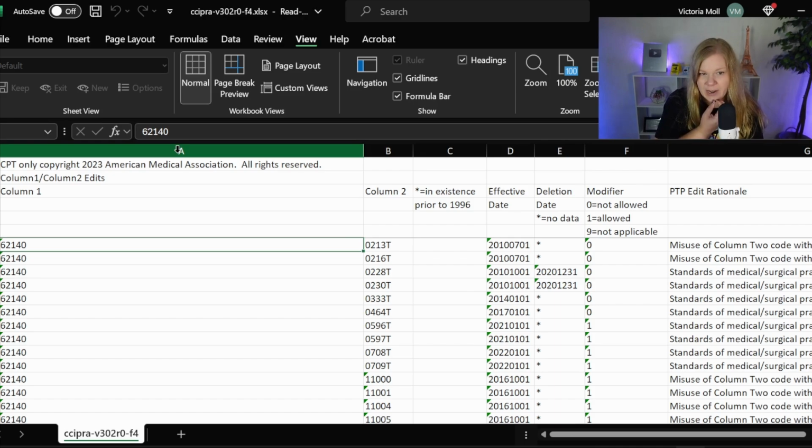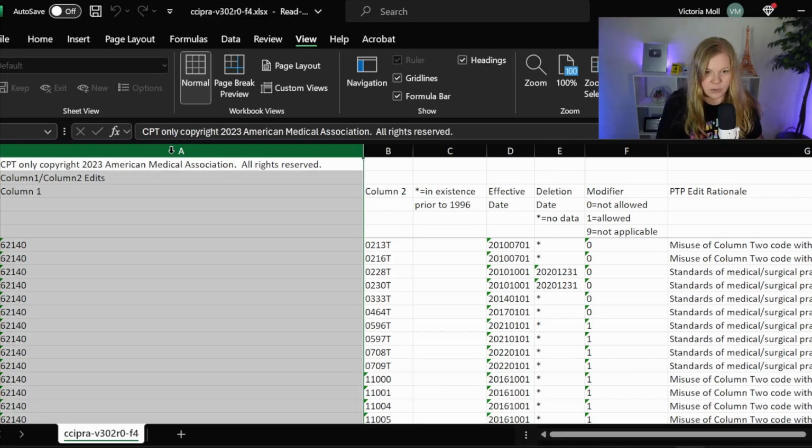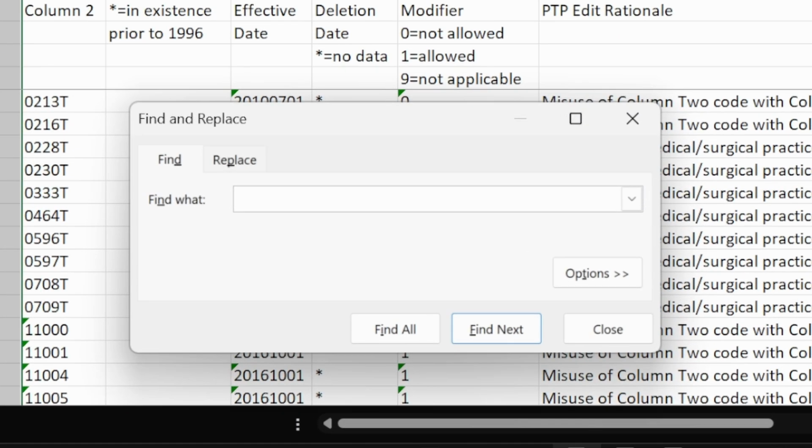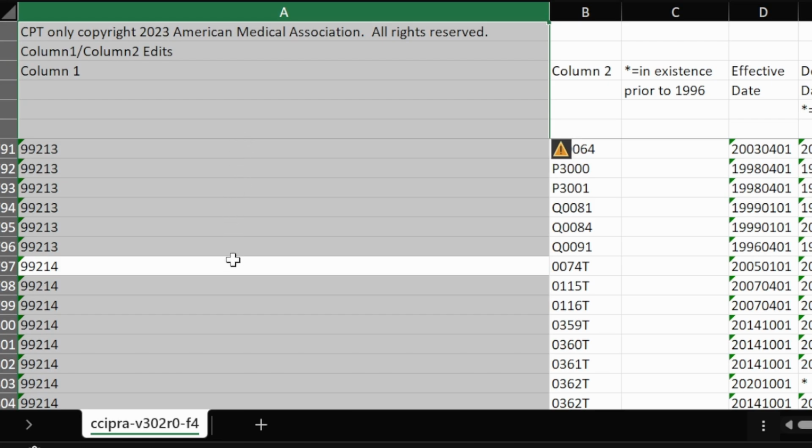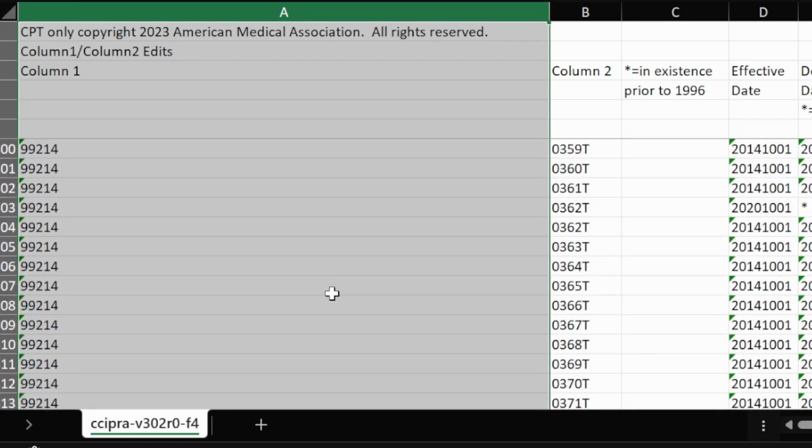What I usually do is I highlight the column A. And again, it sometimes takes a little while because it's a lot of data. Then if I do a Control F while I've got column A highlighted, I can type in 99214 and it will just search for the 99214 in column A. And there we can see here's our 99213s, and then it starts getting into 99214 and then all of the things that are possibly included in the